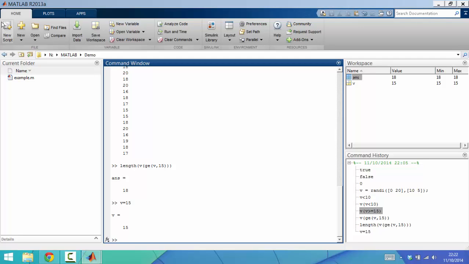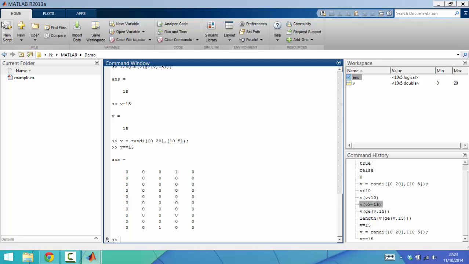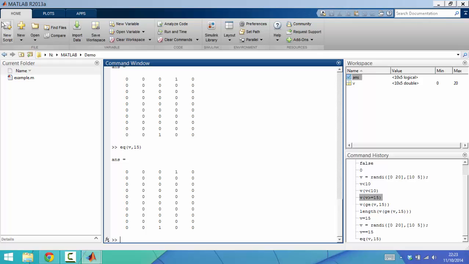I'll go back and I'll make another random array of integers so that we can test it. Now, let's try again to test which values are equal to 15. We can type v double equals 15. Or we can type eq(v,15) to get the same result. To count how many values were equal to 15, we can either do length of v double equals 15,